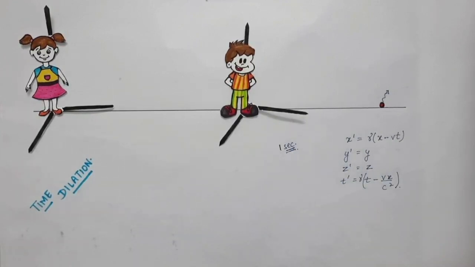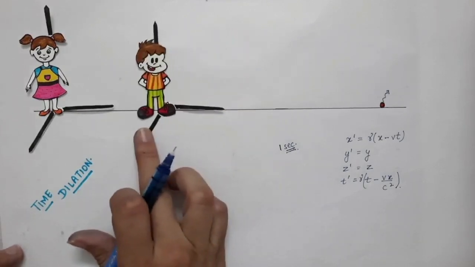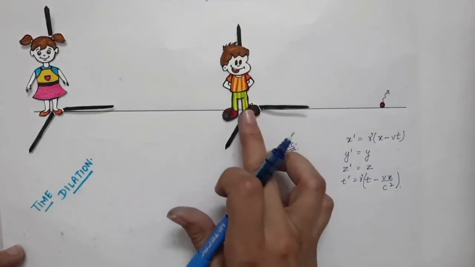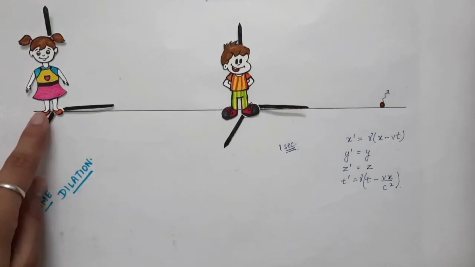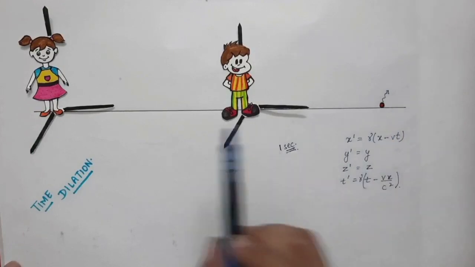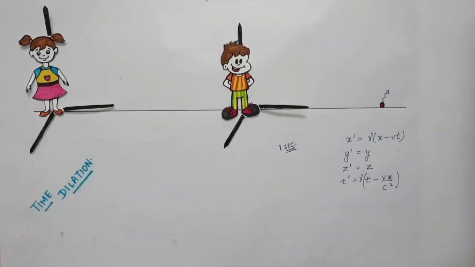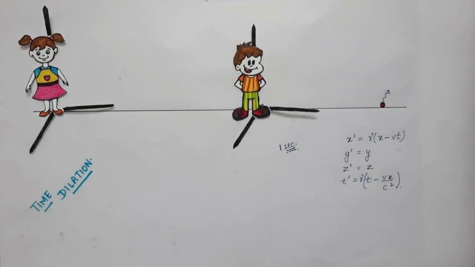So this is the concept of time dilation, that in a moving frame, like your friend is moving, or that is according to your friend, the time has slowed down. So for the same two events, the time which is taken is greater as compared to the time which you calculate when the source is stationary with respect to you. So now we are going to calculate the formula of time dilation, that is by what amount the time gets dilated, by what amount time slows down in a moving frame.